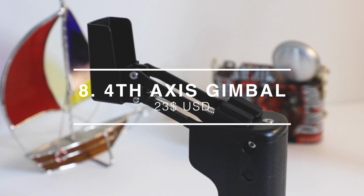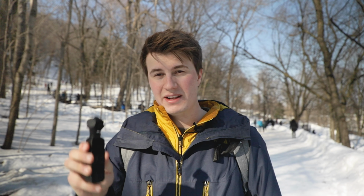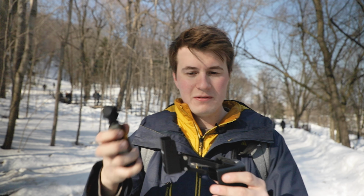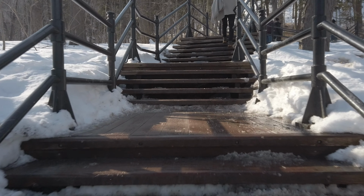One of my biggest complaints is that the gimbal isn't the best out there, and that's because it's only a three axis gimbal, so when you walk, it actually goes up and down a little bit because it's so small and it follows your movements. So one solution for this is using what you call a fourth axis gimbal. So you put this inside the camera, and it's going to compensate for the fourth axis that's moving up and